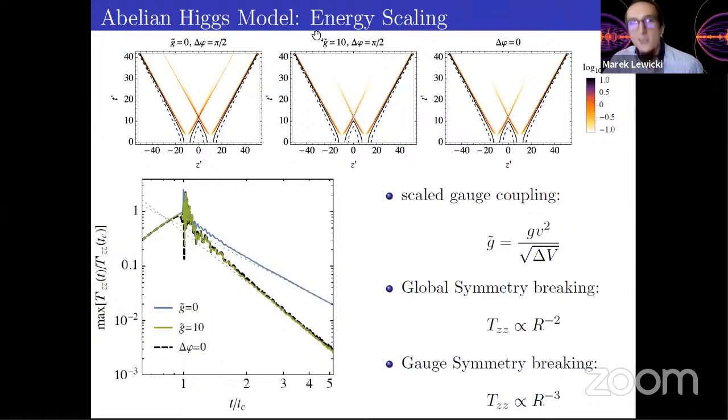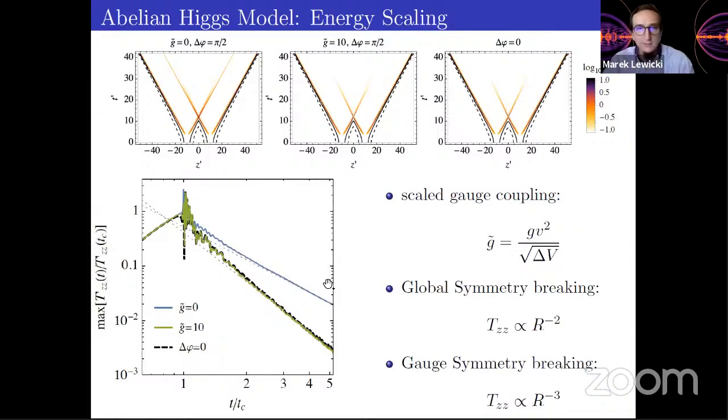But interestingly, when you turn on gauge bosons, maybe setting G equal to 10 looks strange, but as I said, it's a scaled coupling. And essentially we checked using realistic potentials that this is the value of this scaled coupling that you would see in very energetic collisions. And then this behavior changes. Essentially, as you see, it starts following R^-3 instead. So the energy is dissipating faster because you are producing gauge bosons. And this is actually something you would also see if you just completely forgot that you had a U(1) potential and just did a 1D simulation with a scalar. You would also see this R^-3